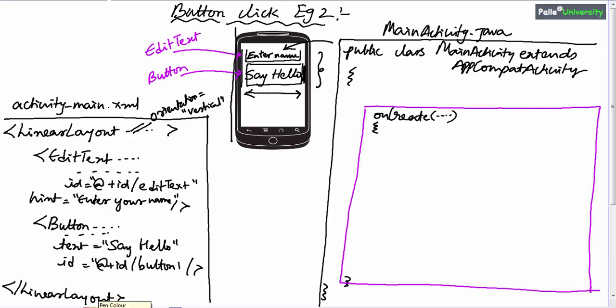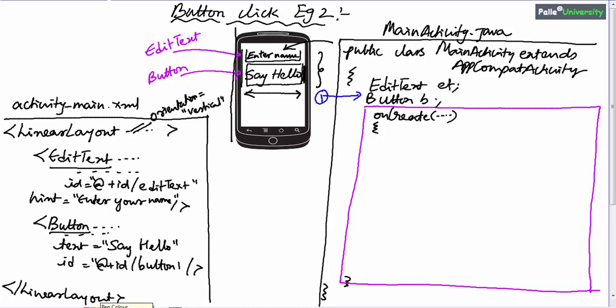That is how the Java code will look like with onCreate method. So now tell me how to proceed further to do this example. Very simple. In this example also, we will follow 3-step approach. First, declare all variables outside onCreate method. Tell me how many variables we have to declare. Since we have two visible components, edit text and button, so we have to declare one edit text variable and one button variable, which looks like this.